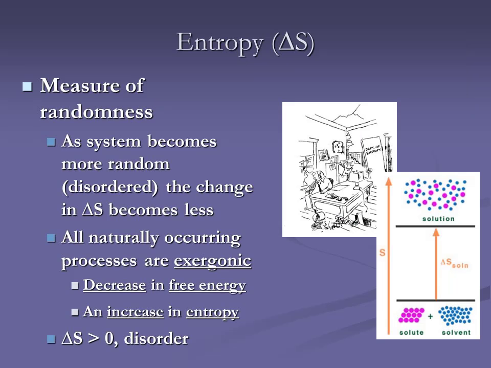So entropy is now delta S, the change in disorder. And we're wanting to be more disordered, which is a higher entropy. More organized, the less favorable condition, is going to be a smaller number. So delta S greater than 0 is disordered. Delta S of 0 is fully ordered.